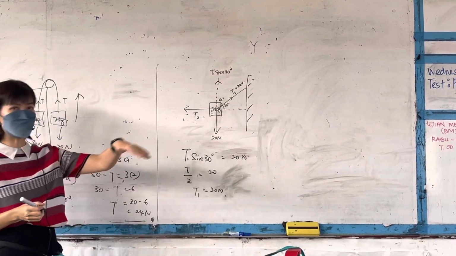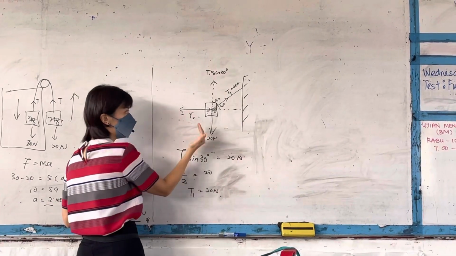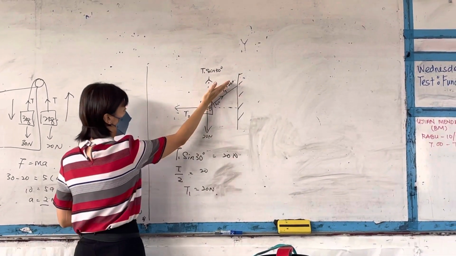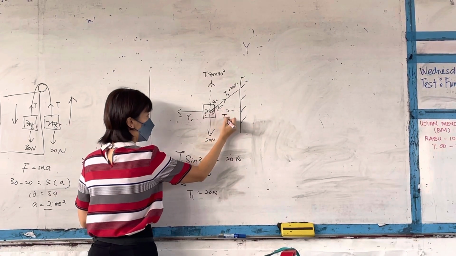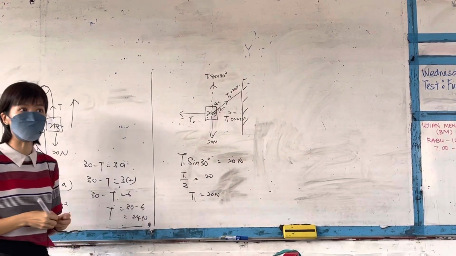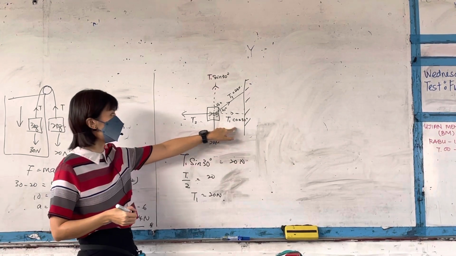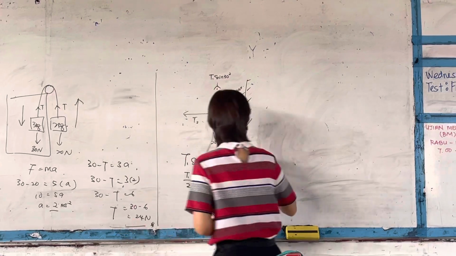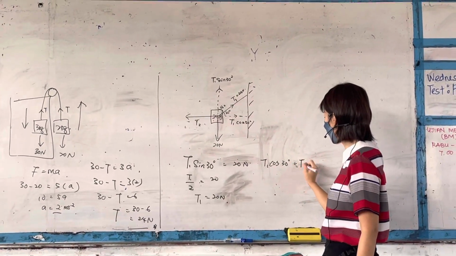Now I solve left equal to right. Left equal to right, just like up equal to down. So I'm going to do it like this, right? What is this component? T1 cos 30. Right or not? Cos, because it is beside this angle, we use cos. So T1 cos 30 equal to T2. Left equal to right, right? Forces in equilibrium. Okay, T1 cos 30 equal to T2.